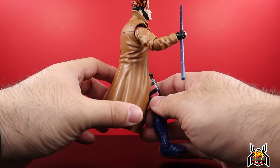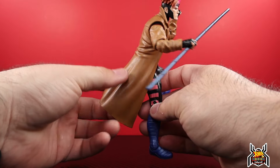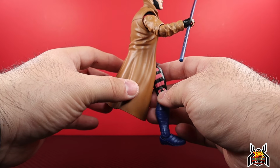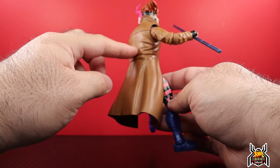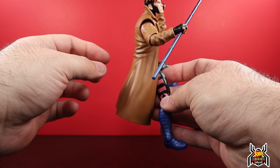I will admit though, the jacket being new is cool. The other one was much softer and more pliable, but with the smoothness of the animated style of the jacket, you don't get any deep wrinkles or detailed wrinkles. You get some waves in it, sure, but it just doesn't look...